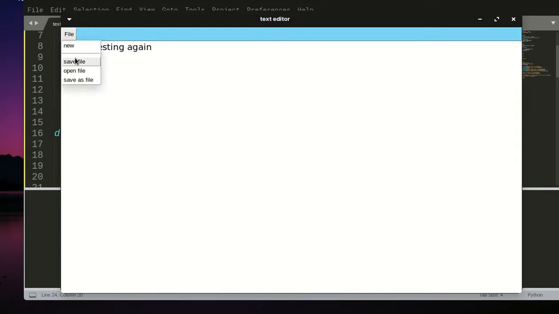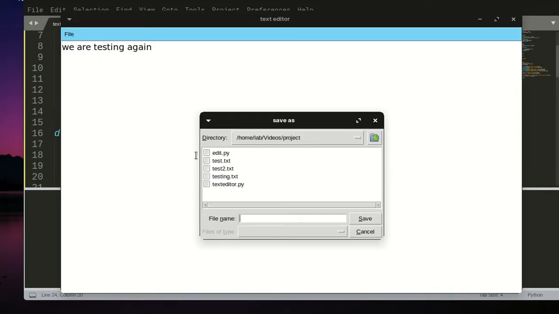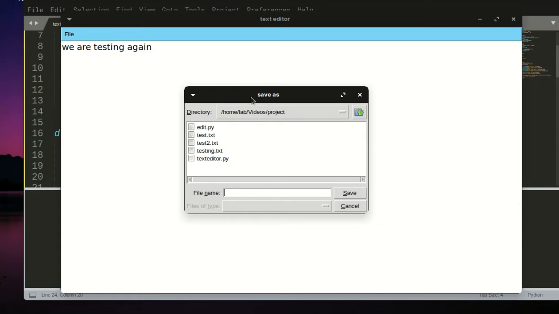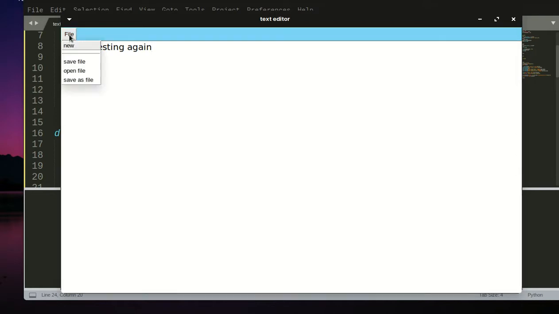So I'm going to say save file. You can see that the save file as was triggered instead. So if I save it as something like testing again underscore again dot txt, and if I save file now,